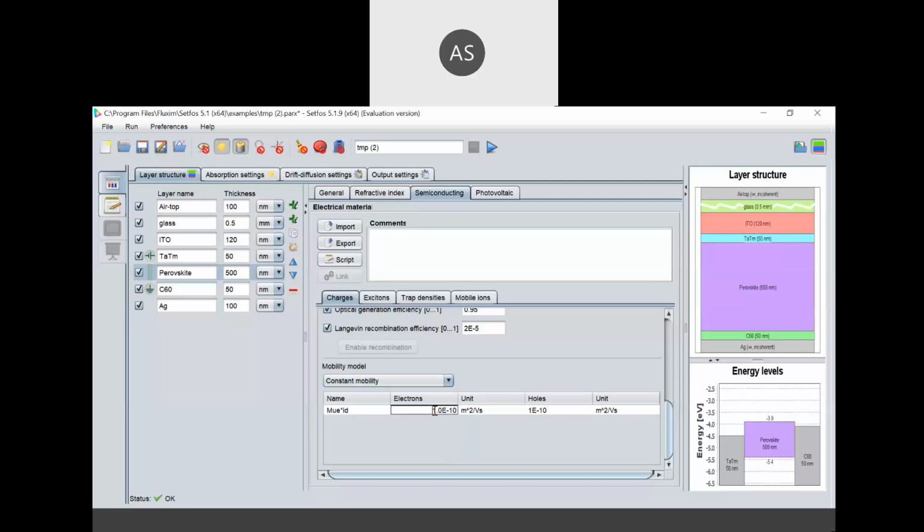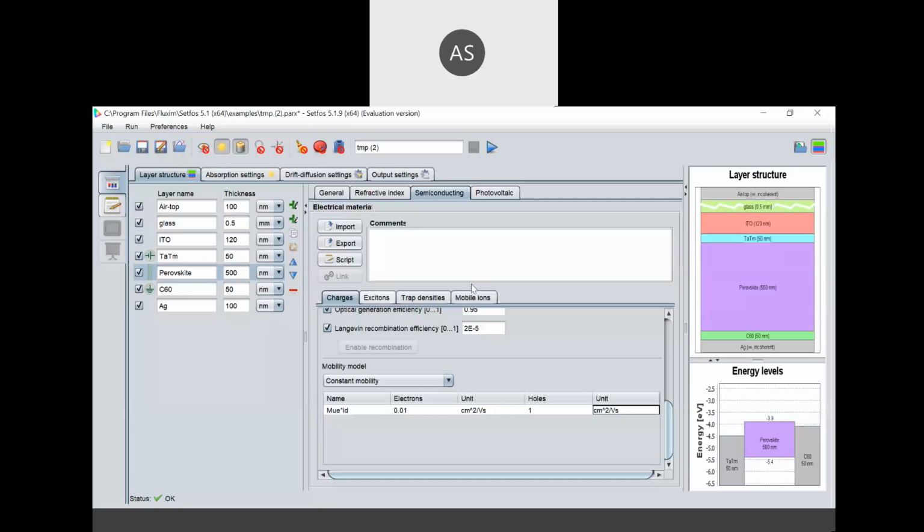Here, suppose the mobility of your electron equals 0.01 something per centimeter square volt. This is meter, we can convert it into centimeter square. Similarly for holes, you can also set this.